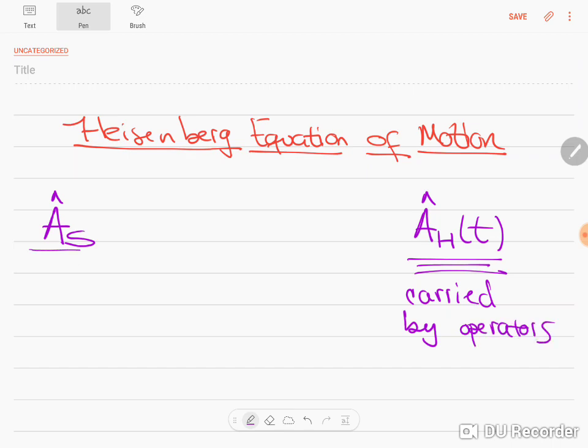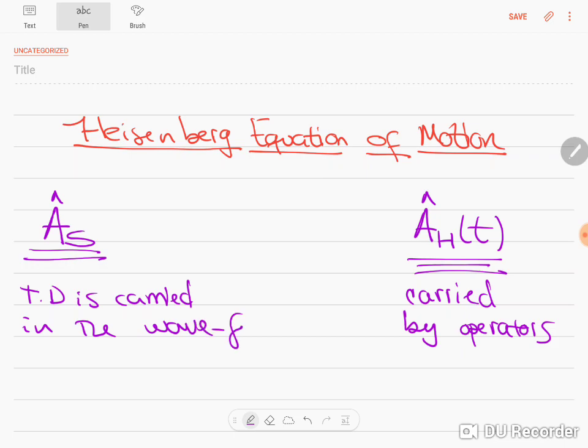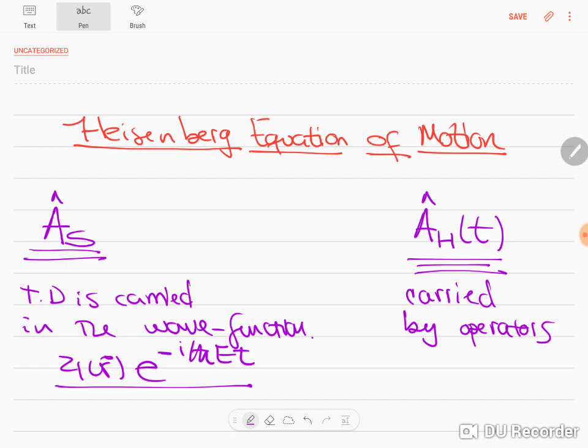In the Schrödinger picture, the time dependence is carried in the wave function. Something like this: psi of r e to the minus i over h bar Et. Okay, now what we want to do